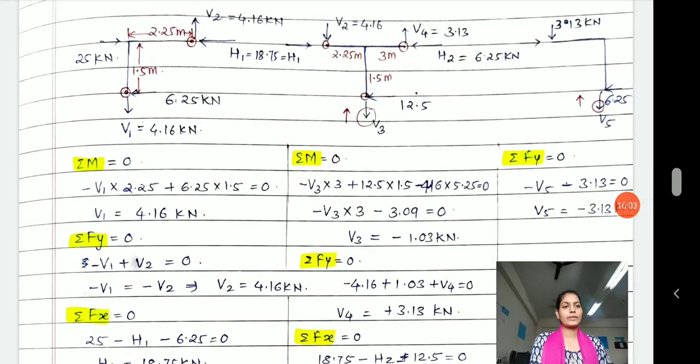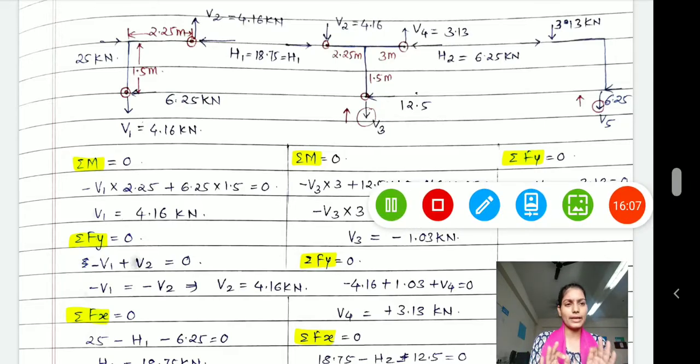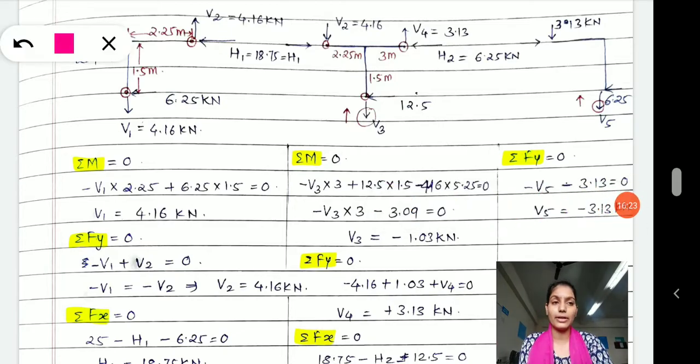Now see here, you should be careful how I am analyzing it. It is very simple. Applying the equilibrium equation is a very simple task, but sometimes students get confused, or feel it is very complicated. But you must understand, it is not at all complicated. It is just a lengthy procedure. If you are careful and good at applying equilibrium equations, then you can solve it. Otherwise, you practice it and you will be able to understand it.